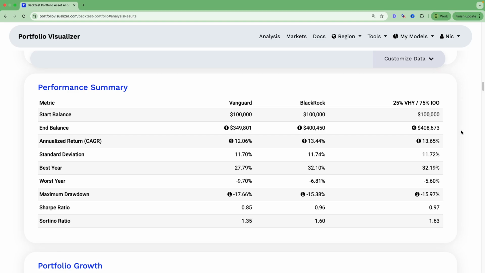Taking a closer look at the metrics, the custom combo had the best compound annual growth rate, all the standard deviations were basically the same. BlackRock and the custom combo had very similar best years. The custom combo lost the least amount in the worst year. The BlackRock combo did have a slightly better max drawdown, but the custom combination just had a barely better Sharpe